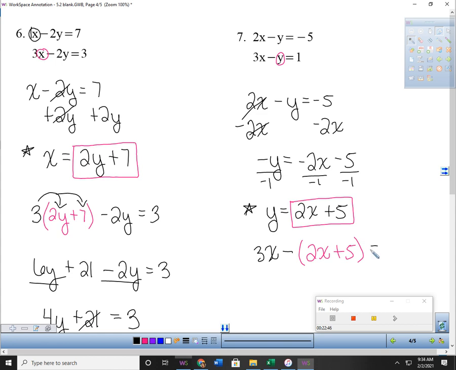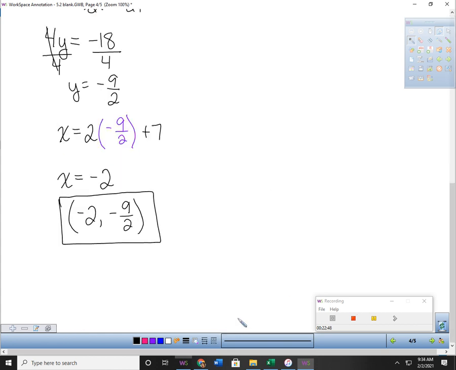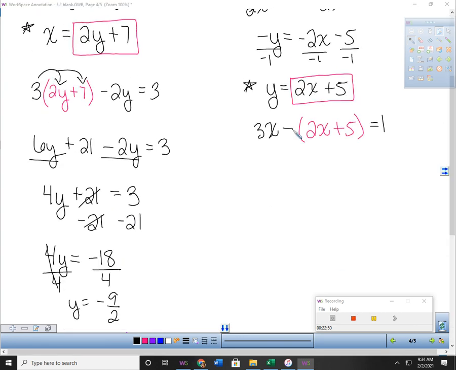And then we have equals 1. So now I need to simplify here. This is a negative 1 right here, correct? So I'm going to keep the 3x out front, and then I need to distribute the negative 1. So negative 1 times 2x is negative 2x. And negative 1 times positive 5 is negative 5